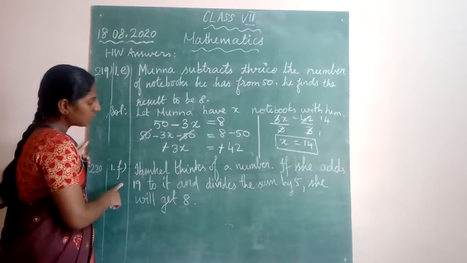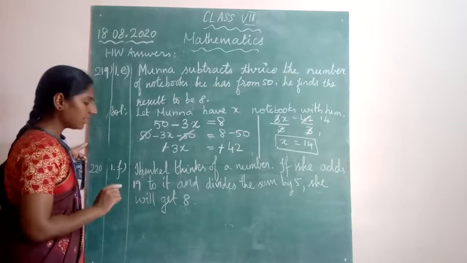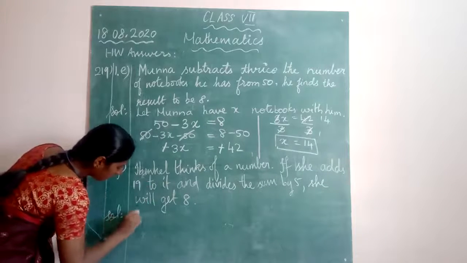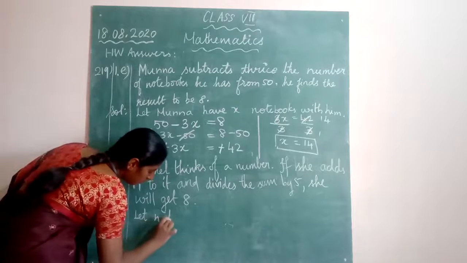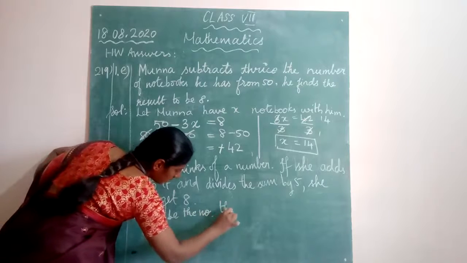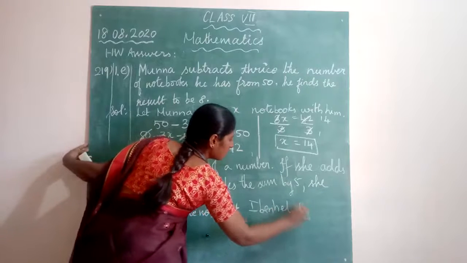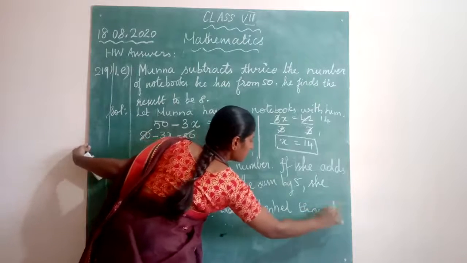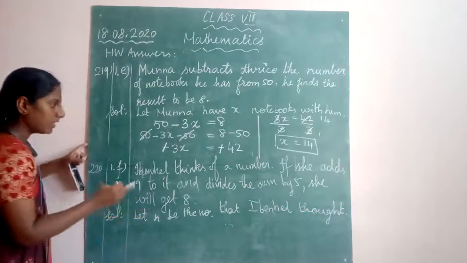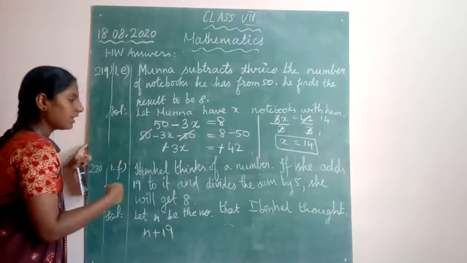Ibn Hel thinks of a number. If she adds 19 to it and divides the sum by 5, she will get 8. So here also she is thinking of a number. Okay, so let n be the number that Ibn Hel thought. Okay, she thought, right? She thought of a number. Now then, she thinks of a number and she adds 19 to it. So n plus 19 to it